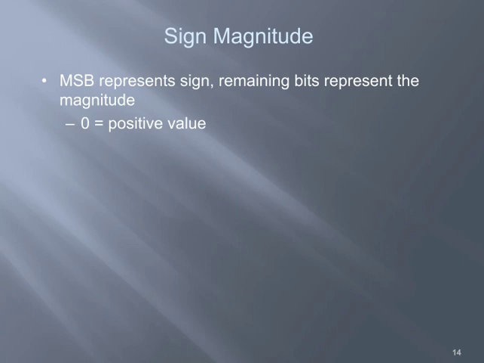Okay, so if MSB is 0, then it represents a positive value. If MSB is 1, then it represents a negative value. So this is the procedure it is adopting in order to represent both positive binary numbers as well as negative binary numbers. So to know whether a binary number is positive or negative in sign magnitude representation, first you need to know its MSB, most significant bit. If the most significant bit is 0, then you can say that the given binary number is a positive number. If the MSB is 1, then you can say that the given binary number is a negative number.